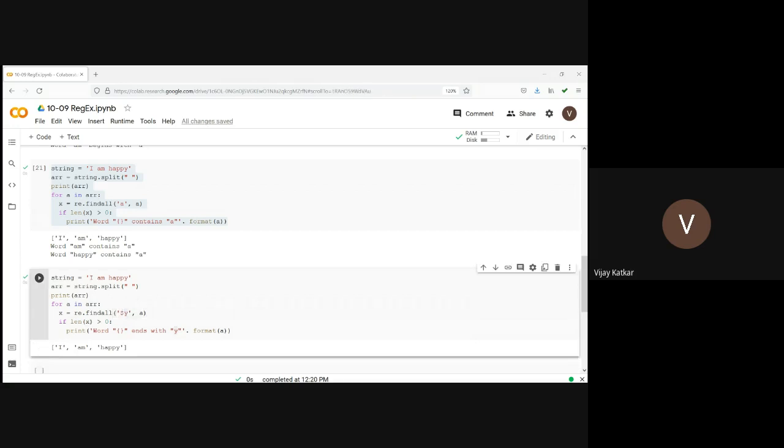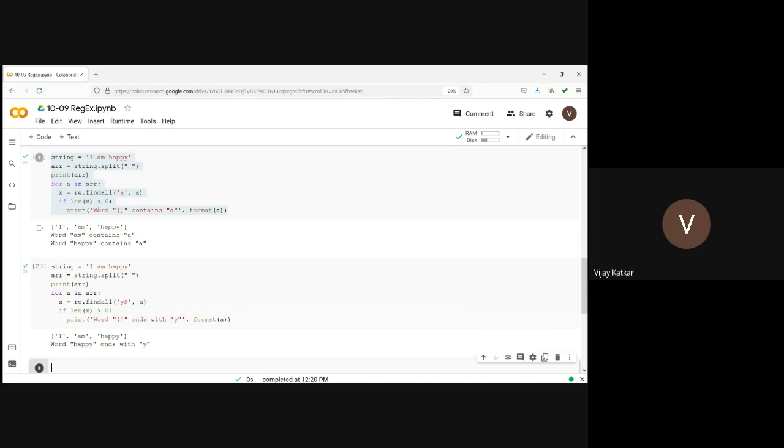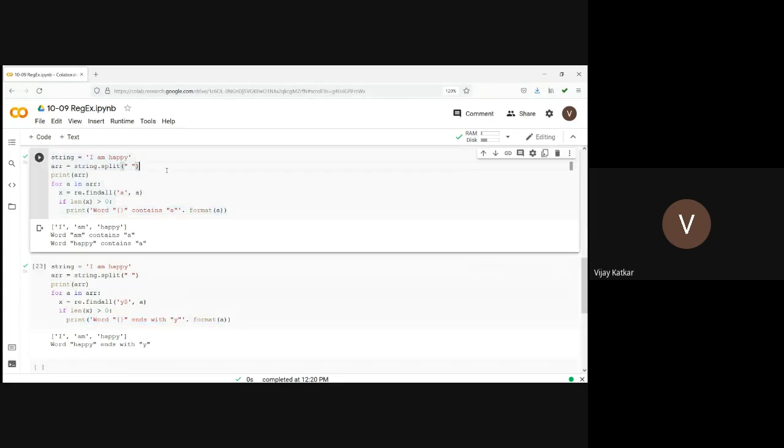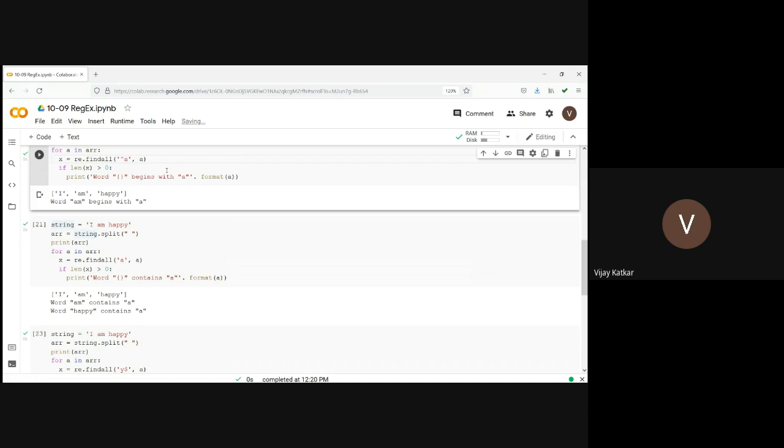It's not working properly. What's the reason? Oh, it should be y dollar. So the word happy ends with y. We are using the caret symbol to identify whether the word is beginning with a.